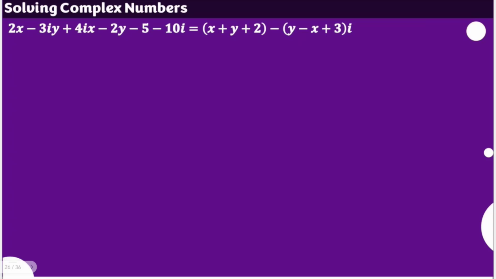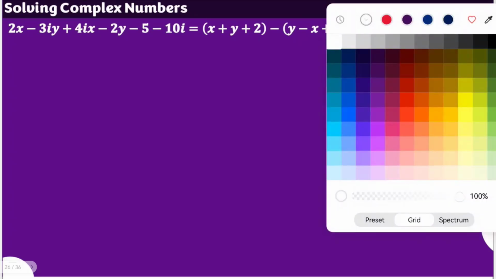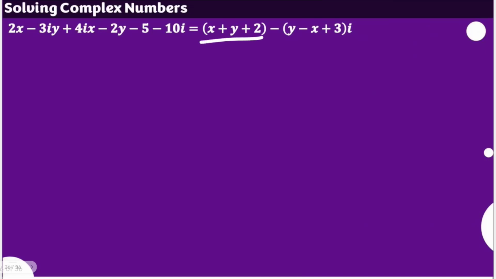What we can do here is actually try to manipulate both sides in such a way that we can equate both the real part and the coefficient of the imaginary part of the complex number. On our right hand side, we are already given this as the real part, and this would be the imaginary part. But of course, take note, it includes the negative one here. A mistake might be made if you leave that out in your computation.